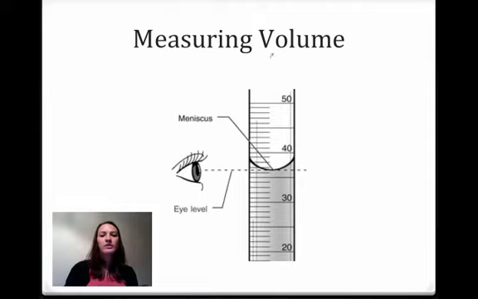All right, so we wanted to talk a little bit about measuring volume. Measuring mass we do using a balance, and measuring volume can be a little bit trickier. In our graduated cylinder, which is shown right here, we've got this liquid, and you see that there's this curved line, okay? This curved line is called a meniscus. What you want to do is read from the bottom of the meniscus, the bottom of the curve. And the reason for that is that this water climbs up the